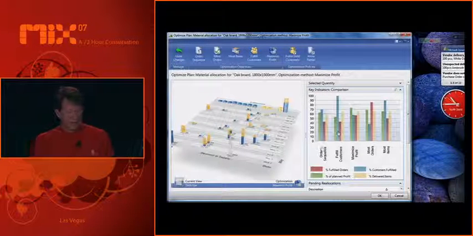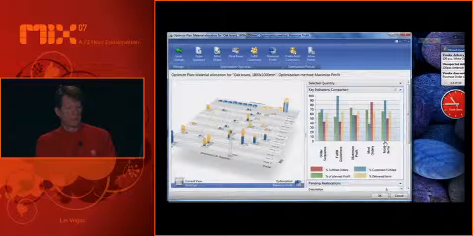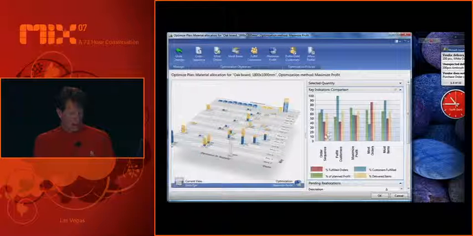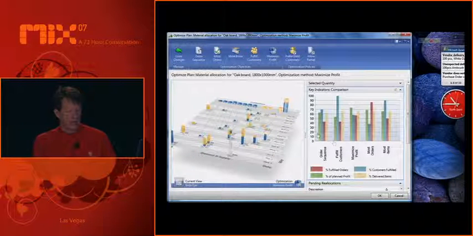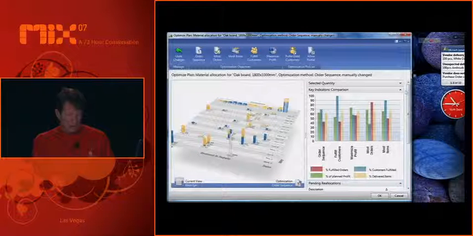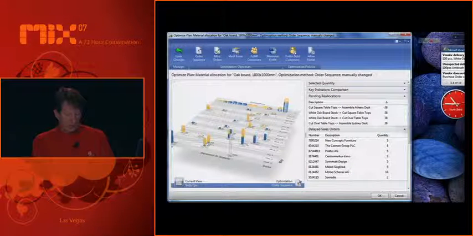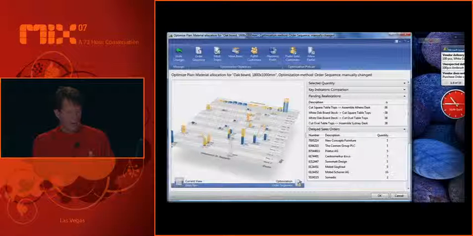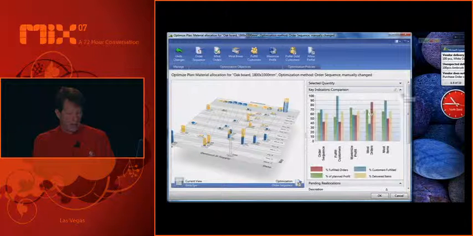So I can see the order sequence, fulfill customers, maximize profit, most orders, most items, all side by side, and see how they compare to each other. What's nice is I might forget what's happening on the left-hand side. So if I wanted to remember, we made this clickable as well. If I click on order sequence, it's dynamically updating the left-hand side. At the same time, if I had more screen real estate, you'd see that it's dynamically updating my reallocations and orders. So if I go back over here, select that I want to get the most orders,